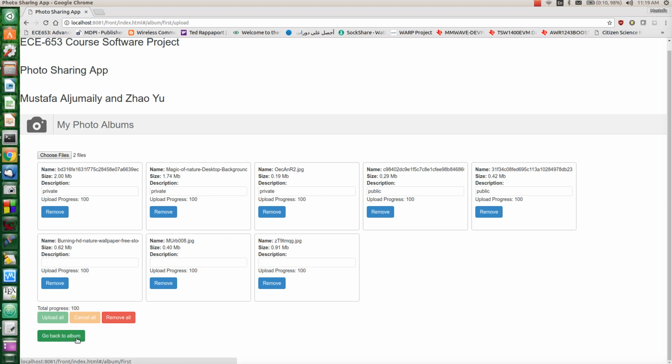We can go back to the albums, and we can just continue uploading pictures and see them. The only problem that we have right now is that we didn't implement the private public feature, so all the users are now capable of seeing all the pictures, because there is no limitation for the private and public part of it. This is due to the limited amount of time and our limited knowledge of the AngularJS and Node.js